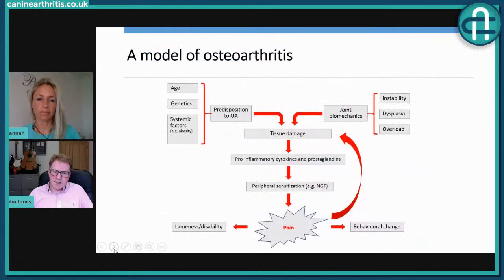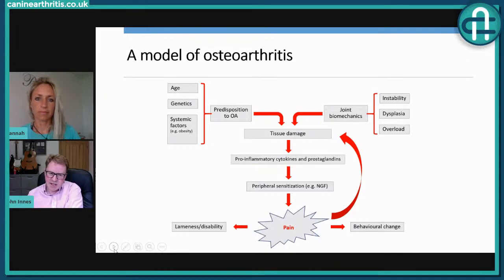Next slide. So this is a little model I put together to try and explain that osteoarthritis, if you look at the top right of this diagram, is a localized disease, so it tends to affect individual joints. It's not like rheumatoid arthritis that affects multiple joints at once. So let's say we've got an injury to a joint, and that changes the joint biomechanics, and that will initiate the process of osteoarthritis. But actually, at the whole patient level, we've got a sort of predisposition to osteoarthritis as well.